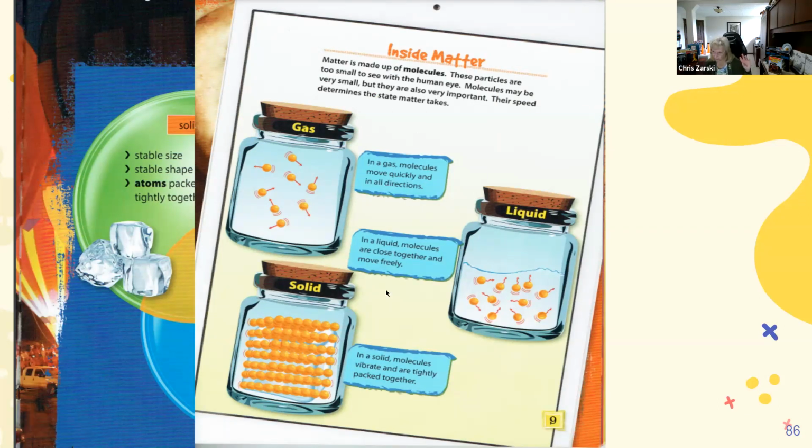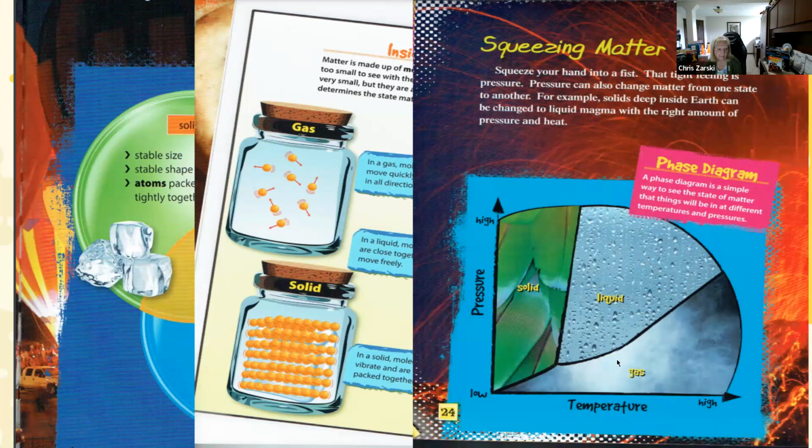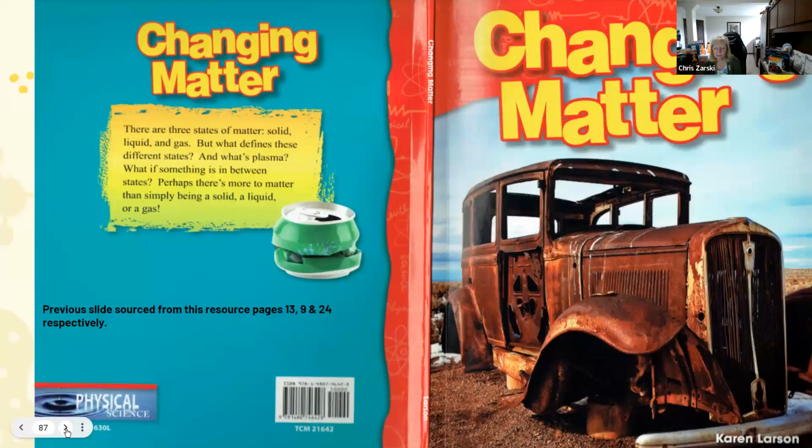So here's another visual, again, of the different components of our molecules under different states. And then how does the increase in temperature affect what's happening inside? And it kind of goes to the pressure question as well. And minus the temperature change in the pop bottles, you could easily ask them that question: what do you think would happen in each one of these if we could heat them? How would that change every one of them? Now, obviously, we're not going to, because they're plastic bottles, but that gets to that understanding of, do they really understand how that works, and what do they think might happen? And that comes from a book called Changing Matter.